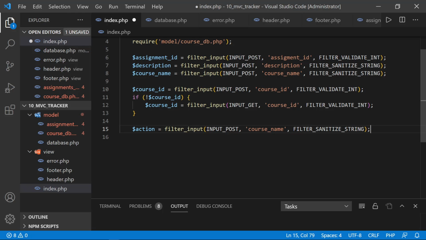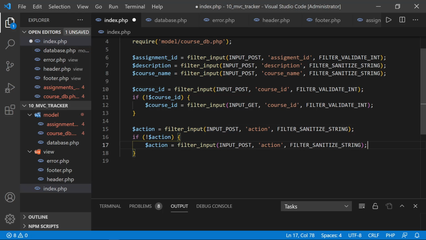So we'll have action, filter input, look to the post first, and here this will be action, and it is a string, but then once again, if we have no action value, we need to take the same approach and look to the get method,